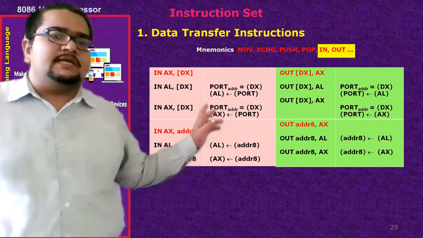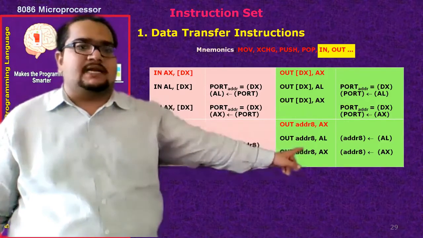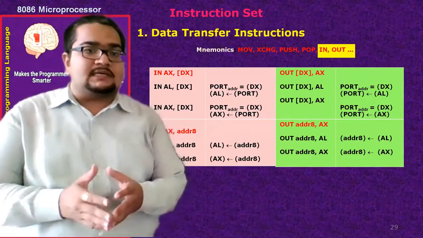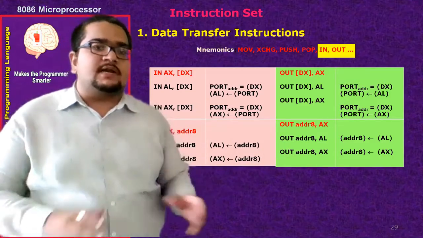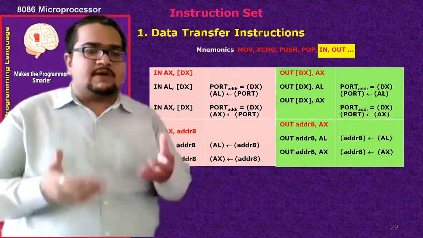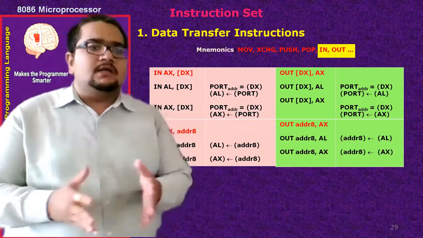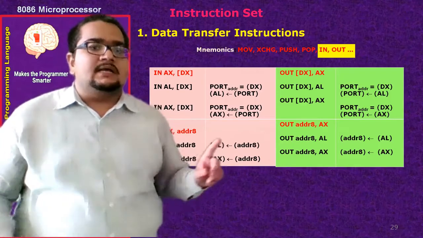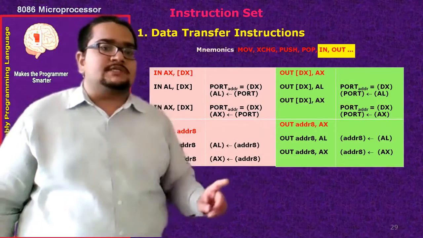Here on this side only examples of IN are there. The example of the OUT instruction is available on that side. Okay, IN and OUT are again opposite to each other. IN is used for taking the data into the processor from the input port. The OUT instruction is used for sending the data out onto the output port. Okay, IN is for taking the input into the processor, OUT is for sending out the data onto the output port. So input output port data transfers can be done by using the IN and OUT instructions.